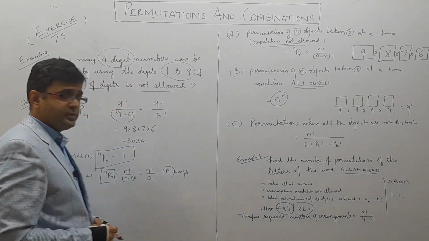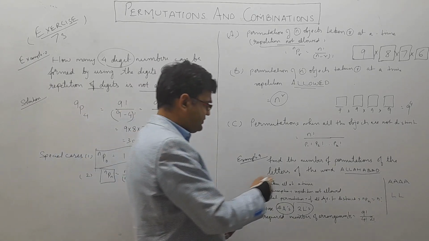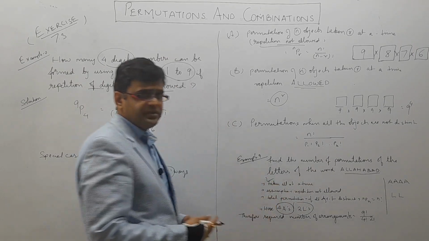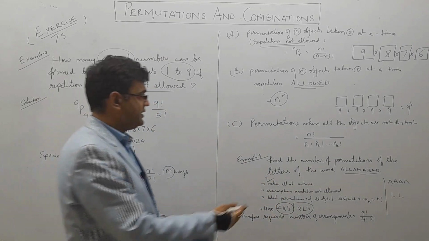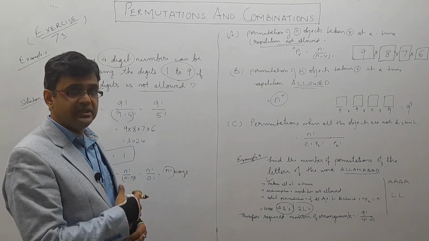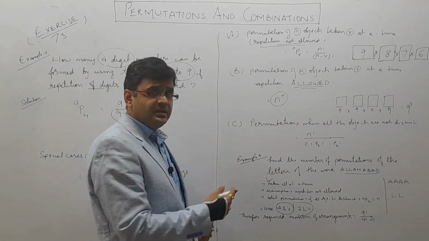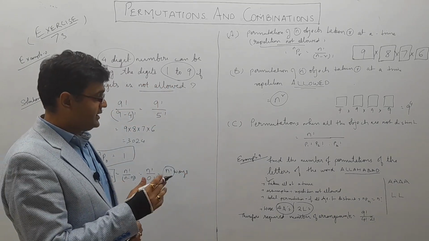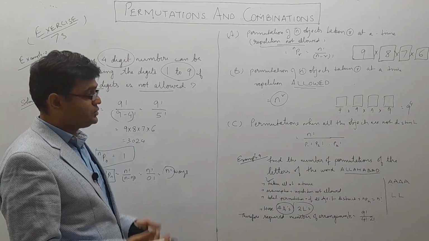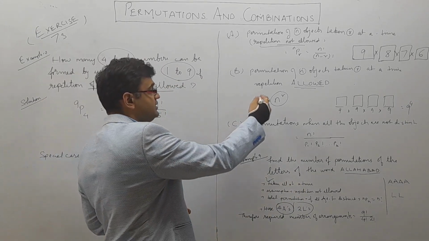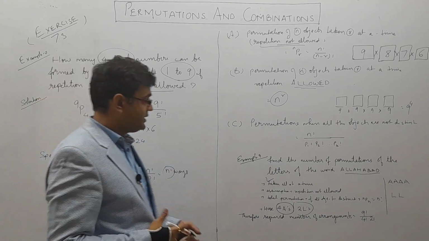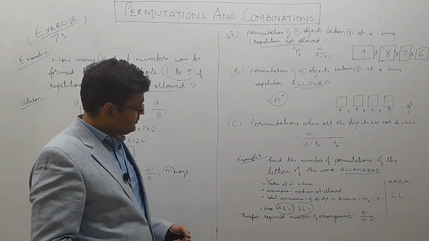In cases of permutations, first thing we have to assume in these kinds of cases is that all are taken at a time. This is not an assumption. This is obvious that all are taken at a time. Nothing is mentioned about how many are taken at a time. r is not given here. So it is basically all n, r is equal to n. All objects are taken at a time. Assumption here is repetition is not allowed. When it is not mentioned, because in case of repetition, when it is allowed, the formula is totally different. So obviously repetition is not allowed. That is the assumption that we have to make.